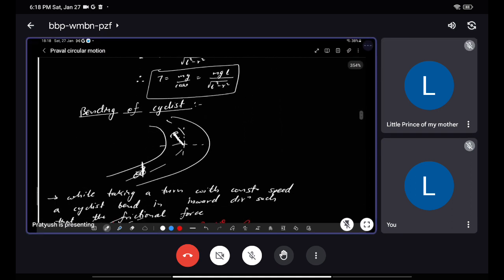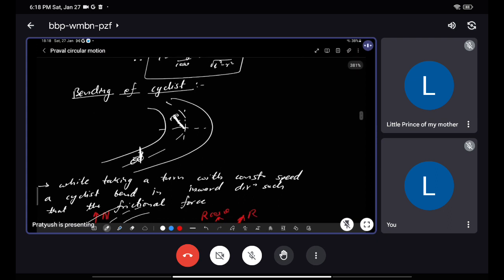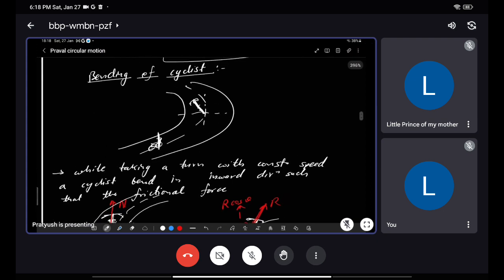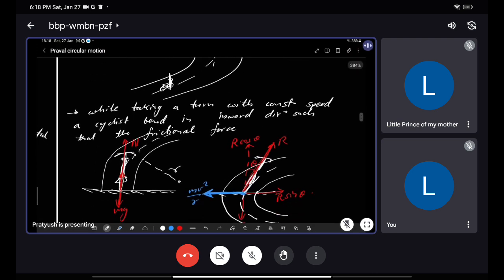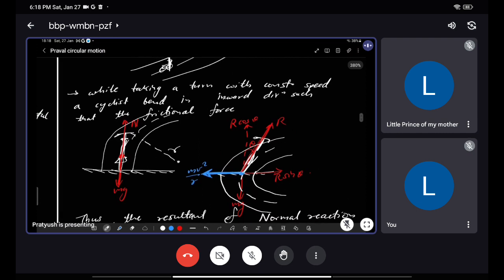Now next is bending of a cyclist. See, you might have seen it whenever a cyclist or a driver of any two-wheeler is taking a sharp turn, he always tilts towards the inner part of the circle, inner part of the turn. Why? While taking turn with a constant speed, cyclists bend in inward direction such that the frictional force will balance the centrifugal force. Why? Because when he will tilt,